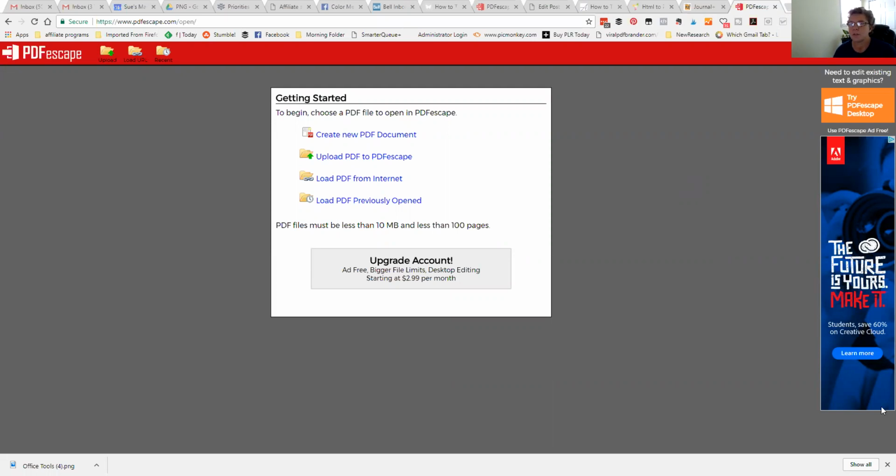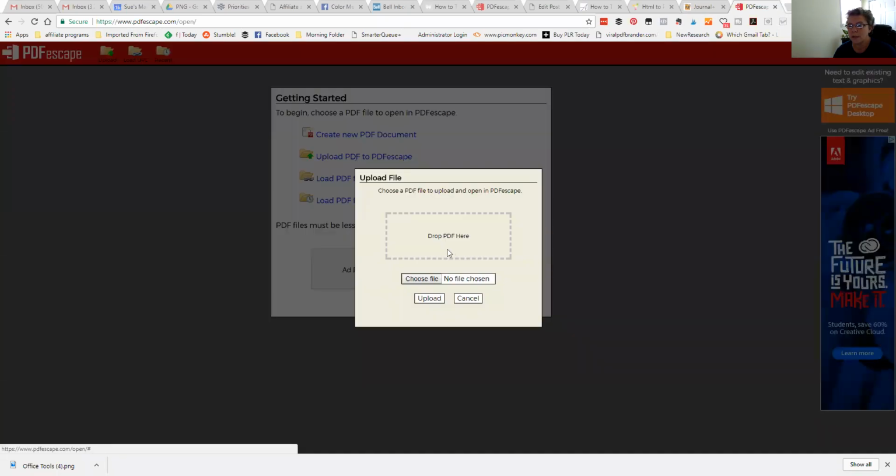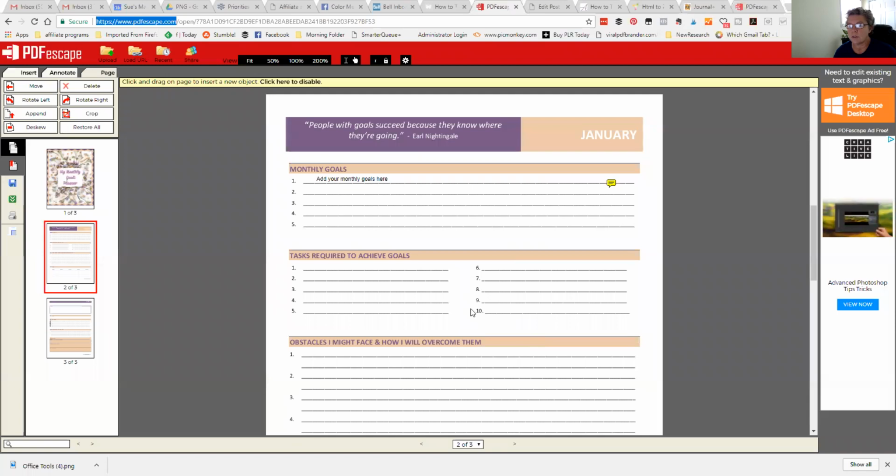So your first step is to go over to the link, the PDF Escape, and then you're going to choose the Windows feature, and then we're going to upload PDF to PDF Escape, and then you just simply drag and drop your file in here and click Upload. Okay, now I've already done that just for the sake of